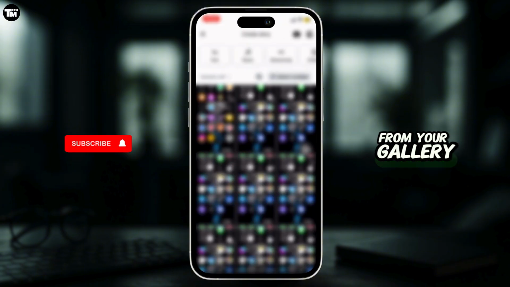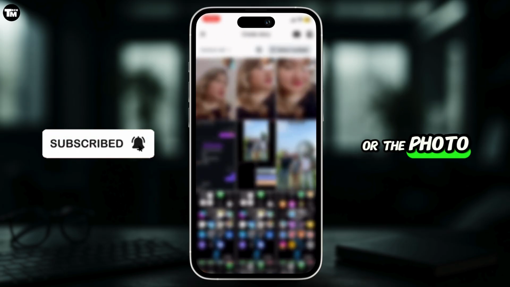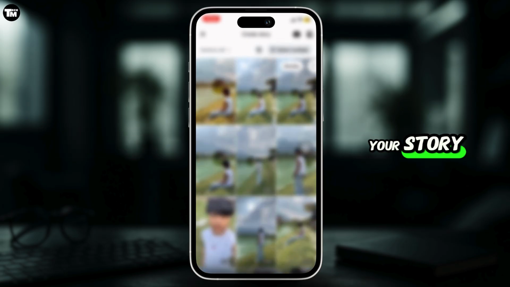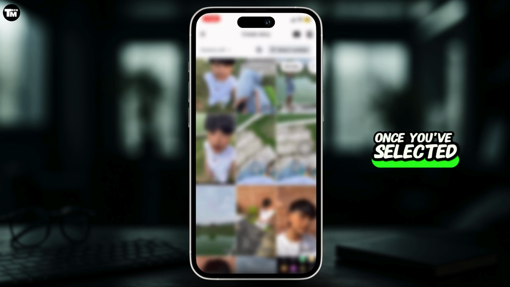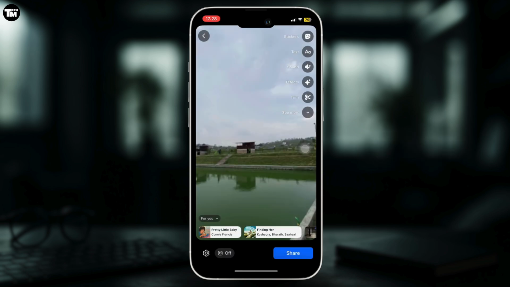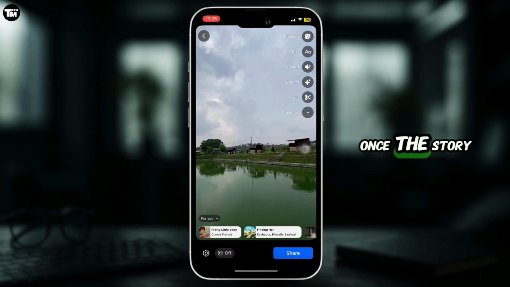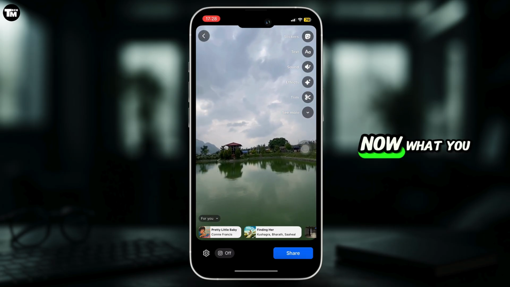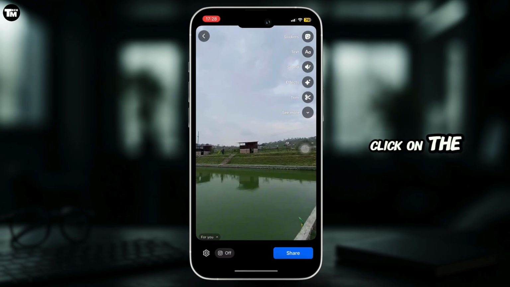From your gallery, select any specific video or photo that you want to upload on your story. Once you have selected, tap on Next. Once the story has been uploaded, now what you want to do is click on the settings icon at